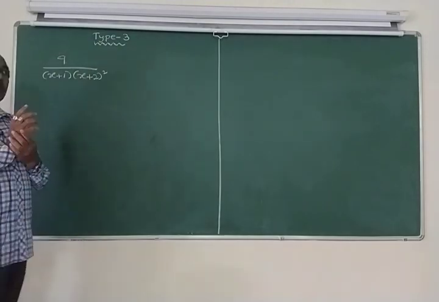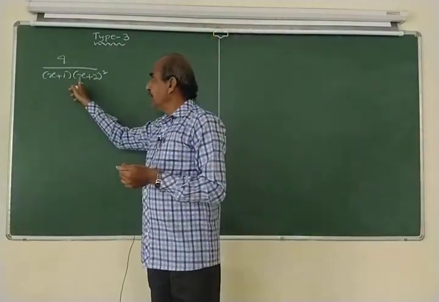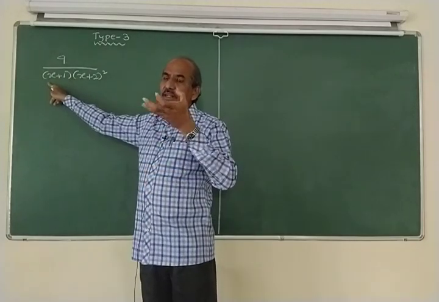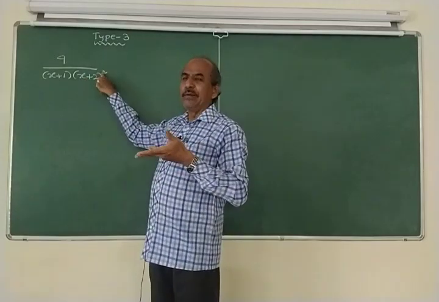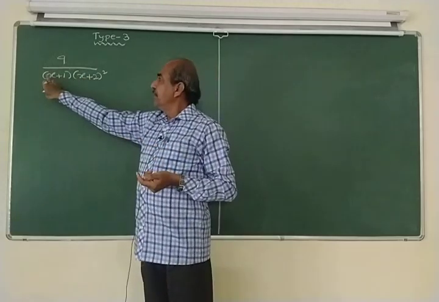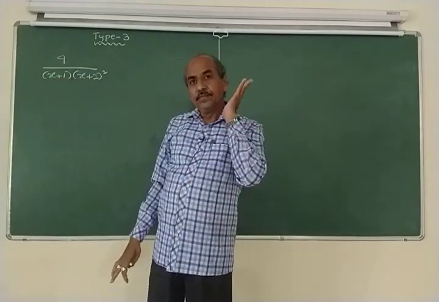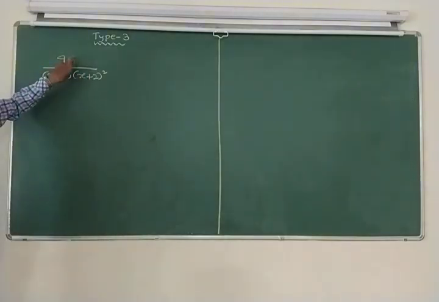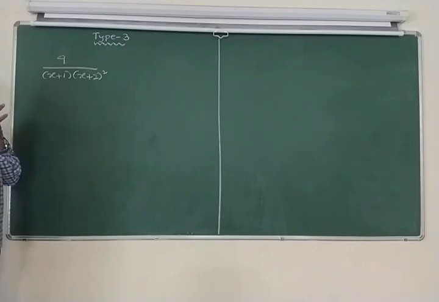How? I can take x to the power 0, so the degree is 0 in the numerator. Here you see it is x cube, the highest power of the variable in the denominator. How is it x cube? When you take the usual expansion and multiply the product, you will find that it is 3. So, 0 is less than 3, and of course it is not necessary to mention x to the power 0. It is understood. Now, how to resolve this into partial fractions?